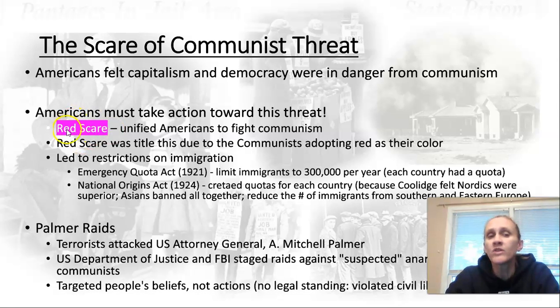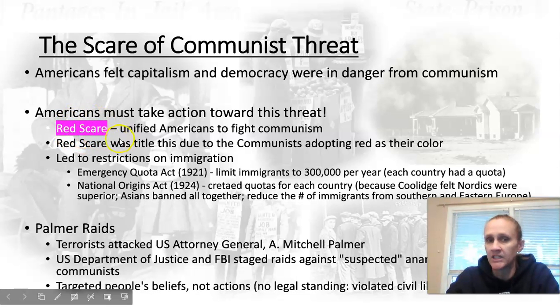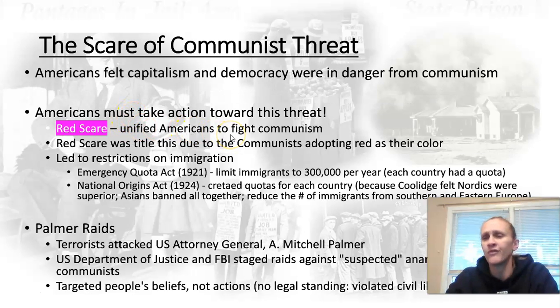So this is where the Red Scare comes in. Again, this is one of your vocabulary terms. And the Red Scare is going to unify Americans to fight communism. We're all out to get the communists and the commies and whatnot. And it was something that united Americans, brought them together. And the Red Scare is given this title because, like I told you before, the communists adopted the color red